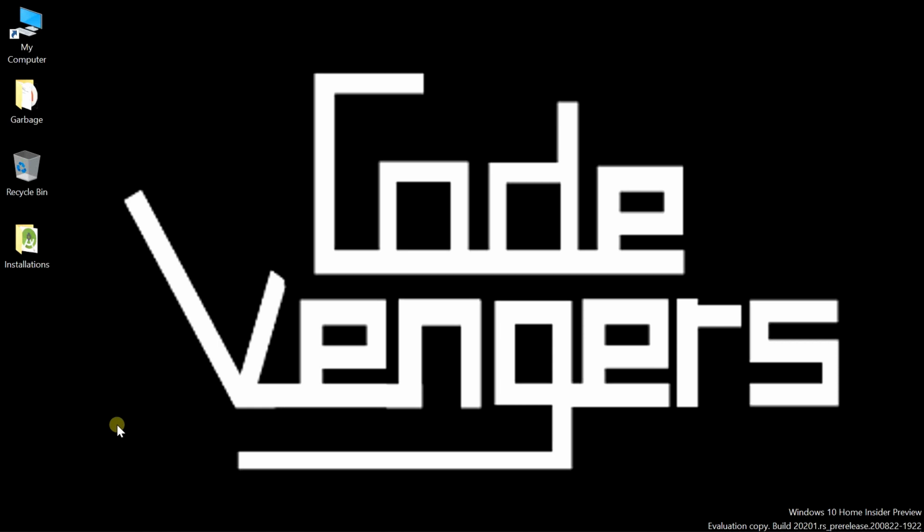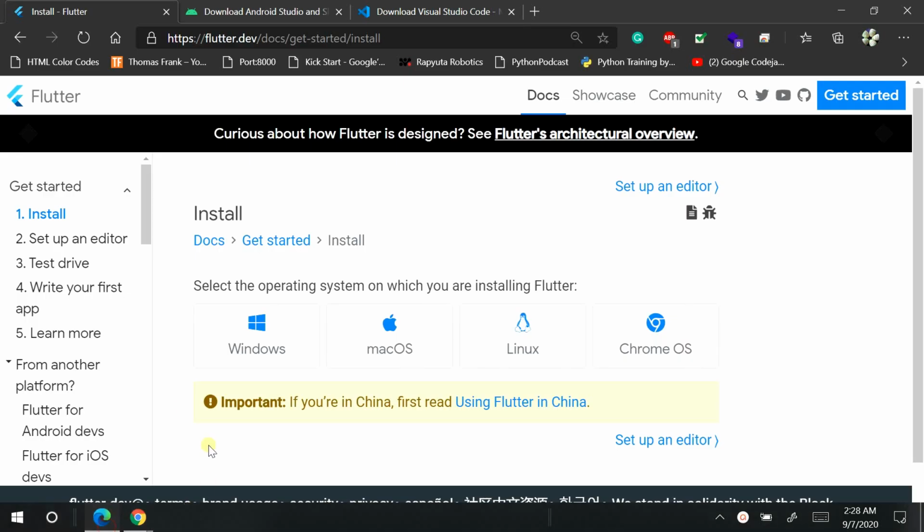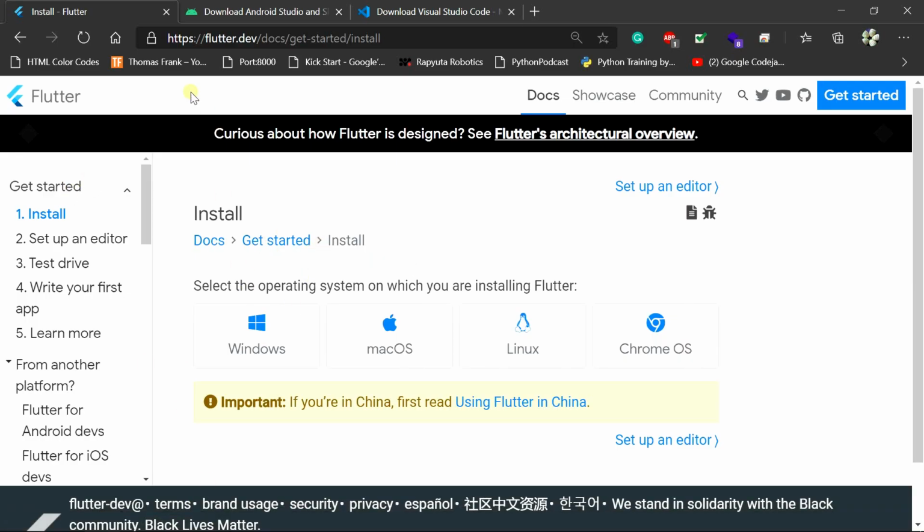Yes, Darshan. I have given you some websites. You can show them. All right, so the one website which Darshan gave me was flutter.dev/doc/get started/install. You can come over here and choose your operating system. We have Windows, Mac OS. Basically, all the operating systems are supported. We'll be using the Windows version.